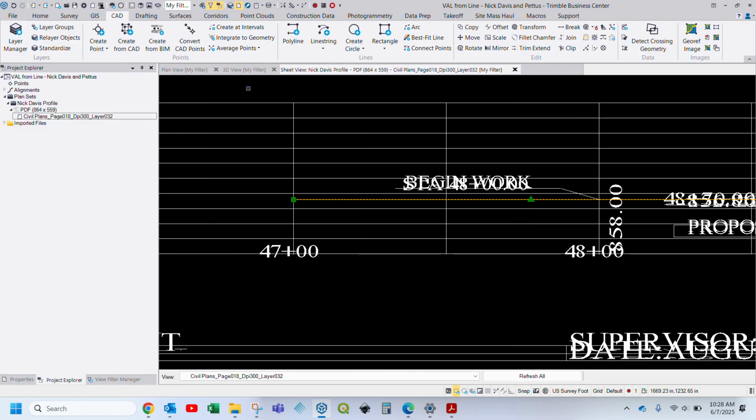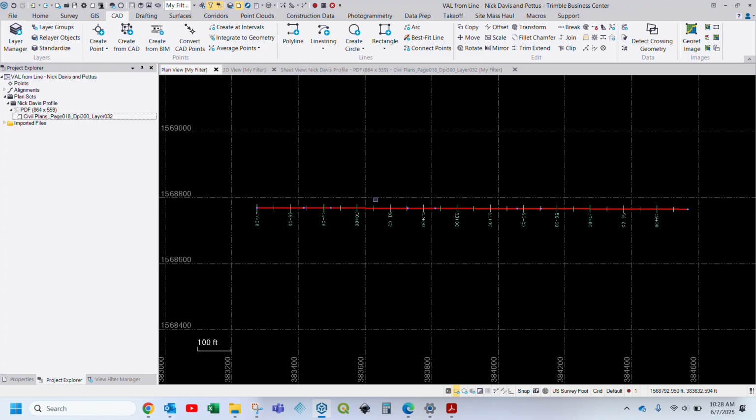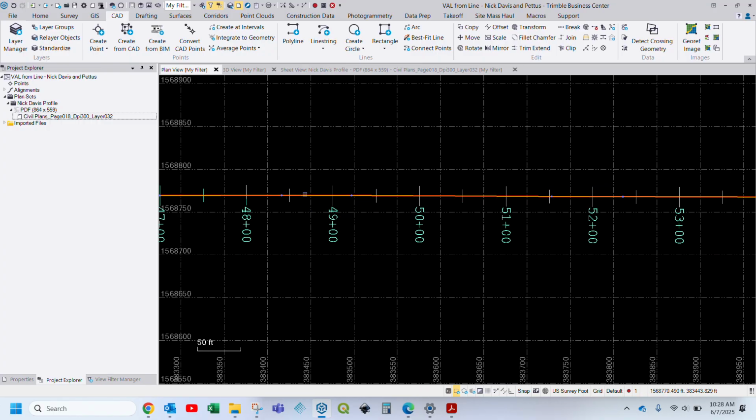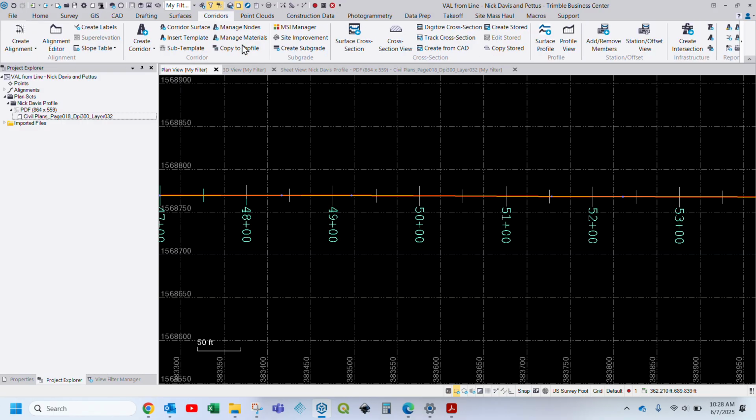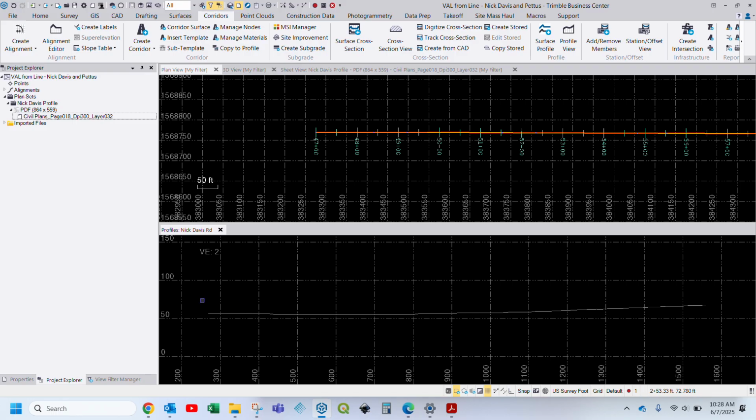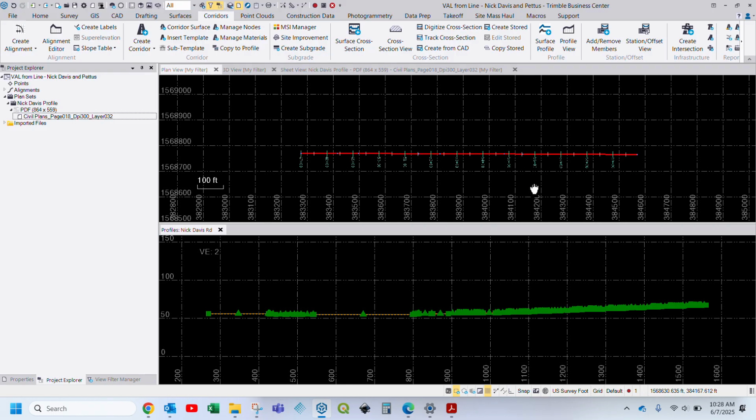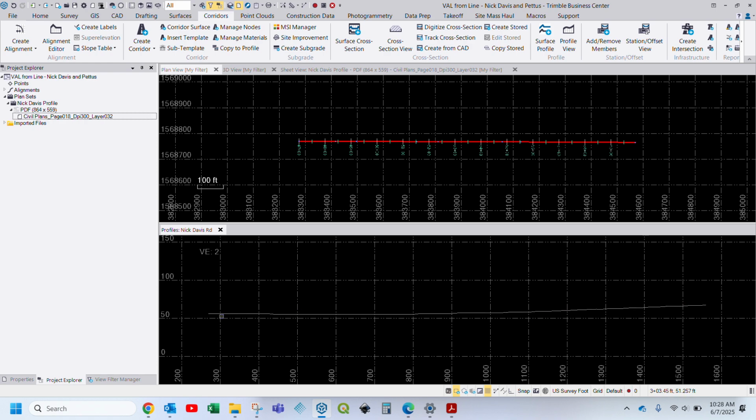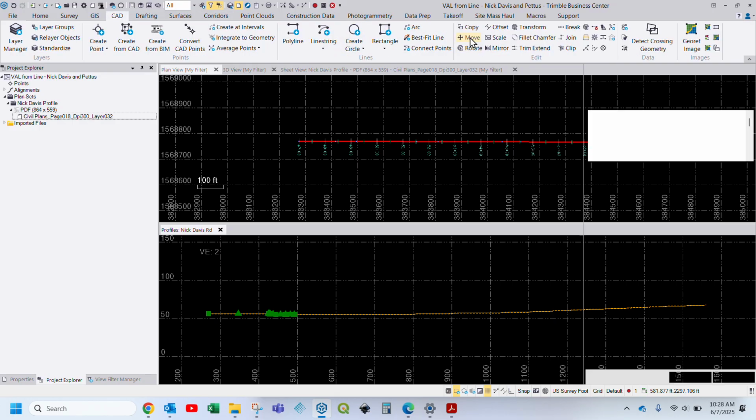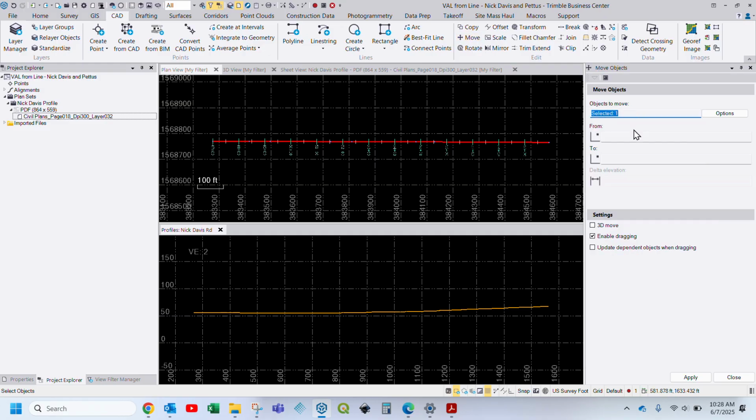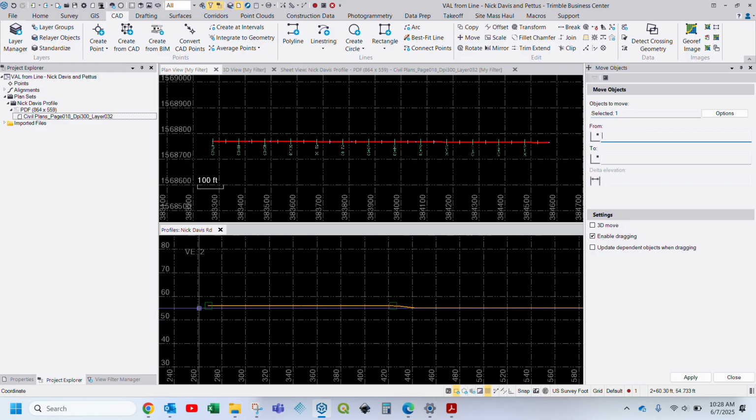Now I'll close out of this, go to my plan view, go to corridors, profile, and you can see it's been added. But it has not been aligned properly with the profile or with the alignment, so now I need to move it. So click on it, CAD, move,